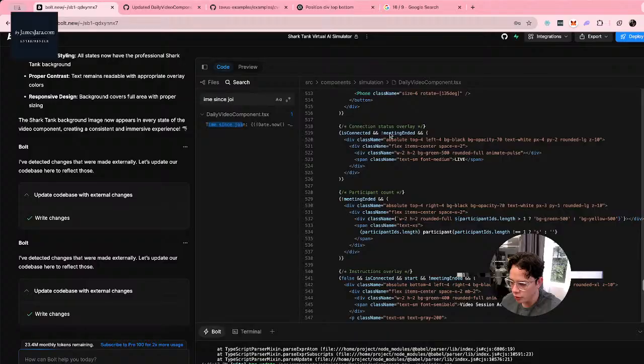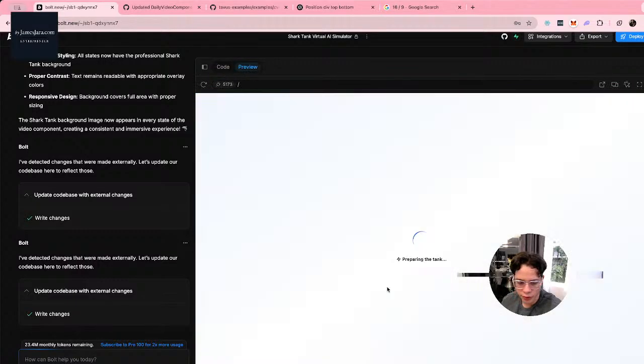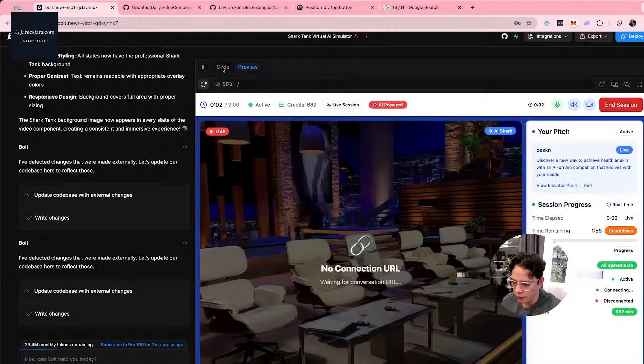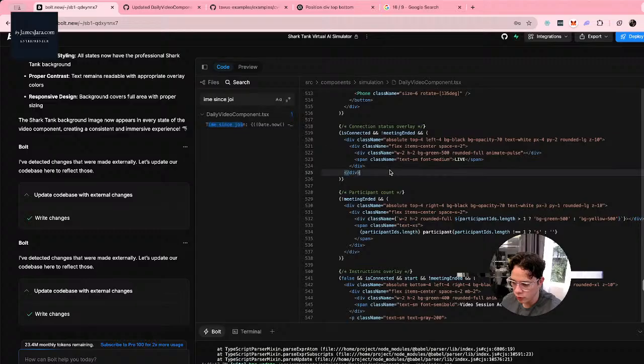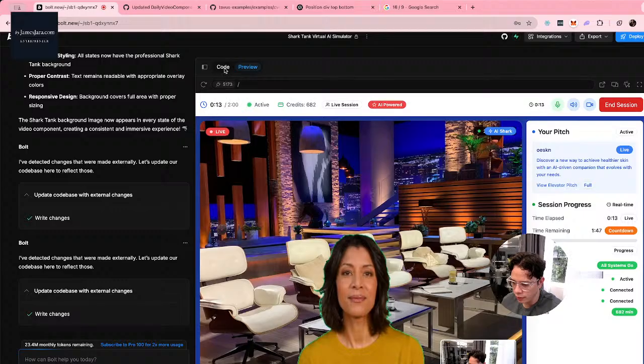Sorry. So we have this live. I have to debug this. Imagine the components. Let's try. We have the live. This one. I'm thinking it's this one, but no, that's the participant count. Oh yeah,